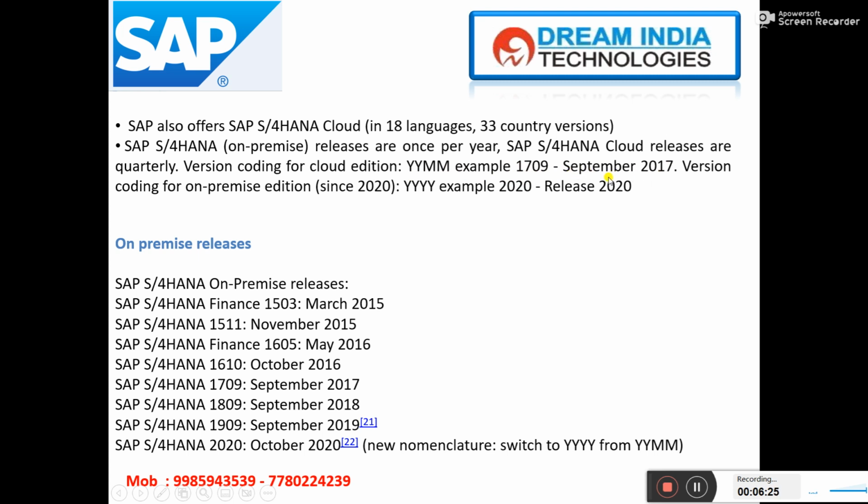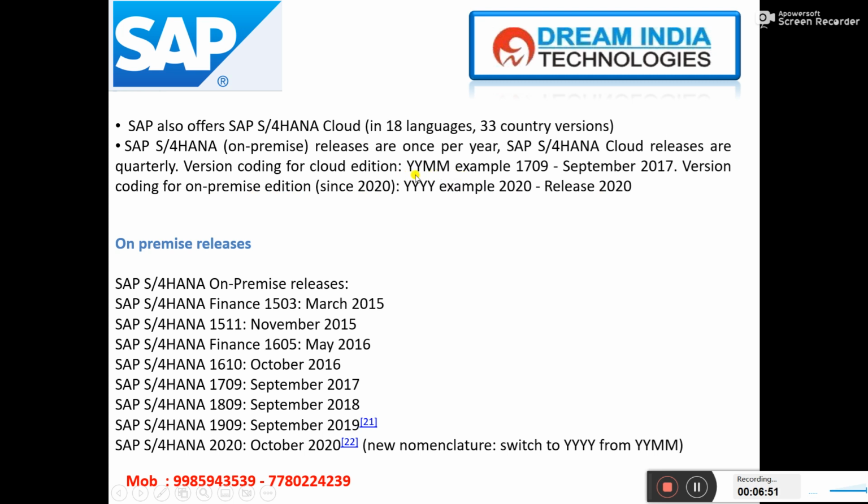If they release the SAP on-premise in 2017, in the month of September, they name the on-premise release 1709. Zero we call it as WO in real time.